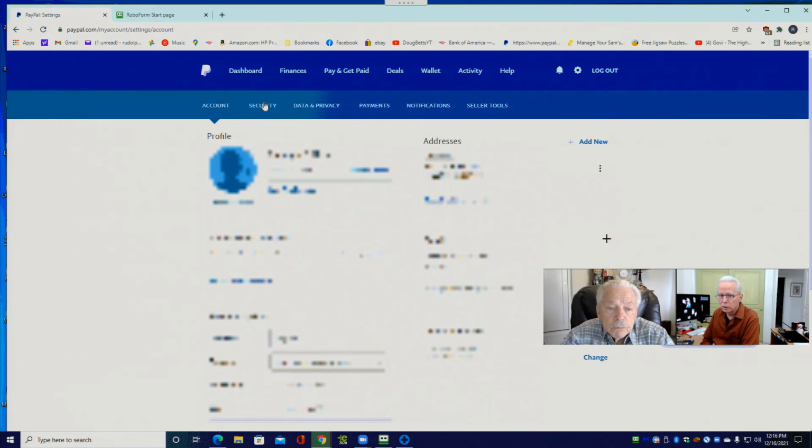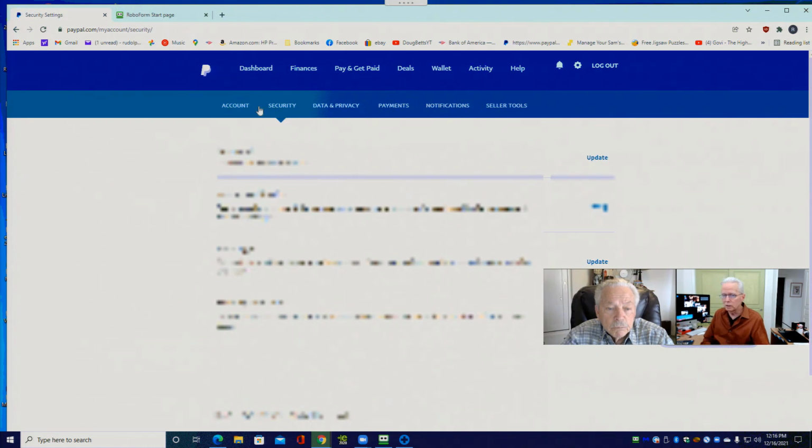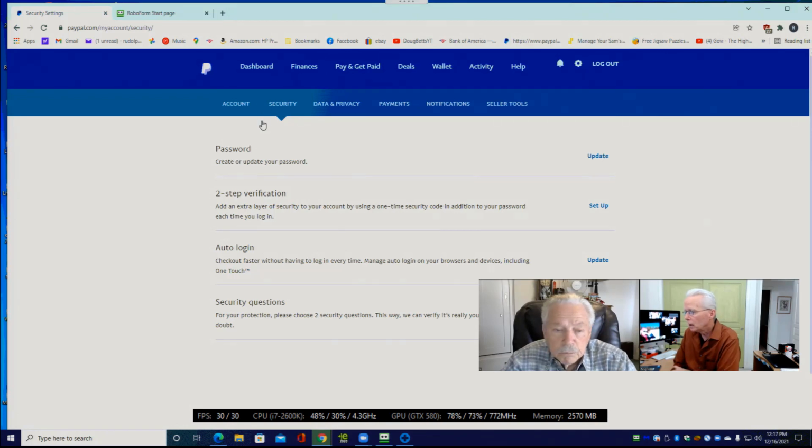When we click on security, then this little arrow thing here, or whatever you want to call that triangle, is going to move to be under the word security, and we're going to see the content there, which we've already looked at. We know that it is safe content, so I'm unblurring the screen there. There is a place for create or update your password, and there's a place for two-step verification. Gives an extra layer of security. If you had a weak password, plus you had two-step verification, yeah, you're pretty safe at that point, because it's really hard for them to get past the two-step verification.